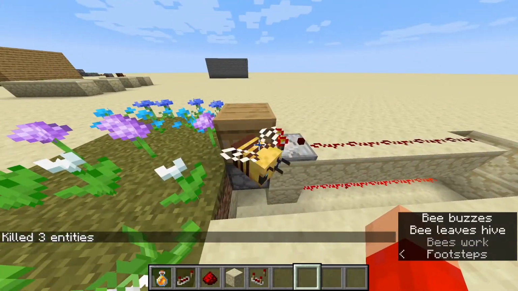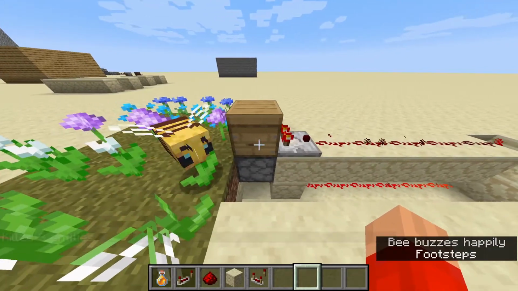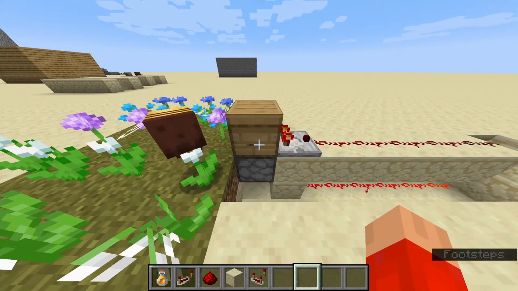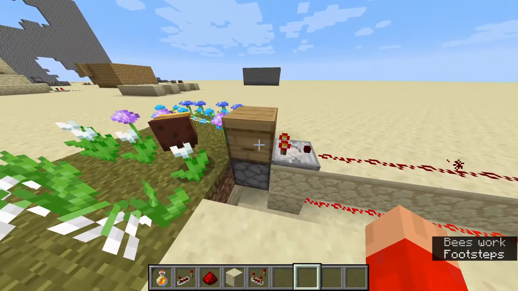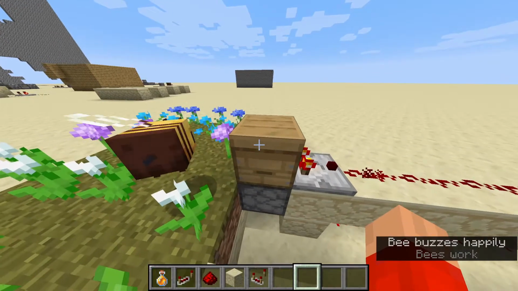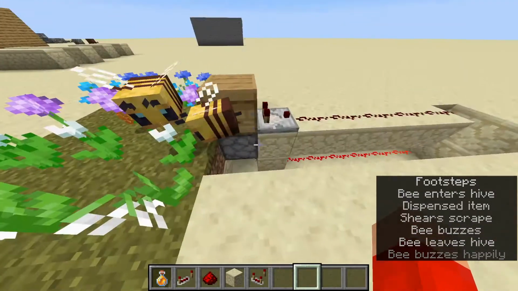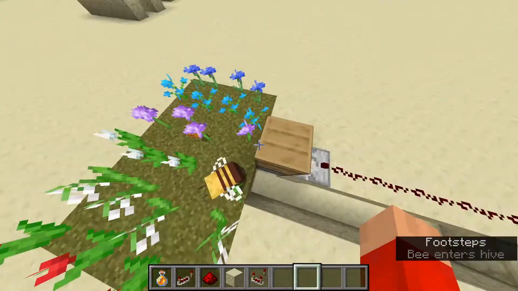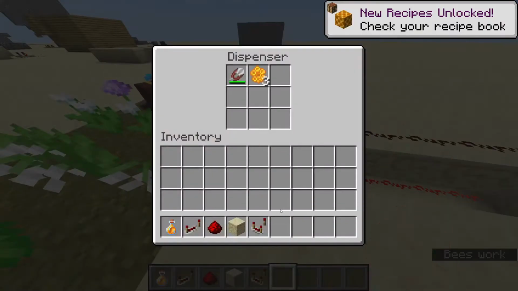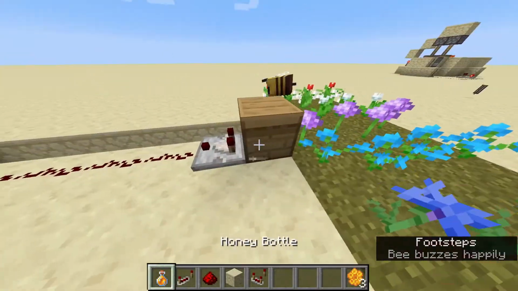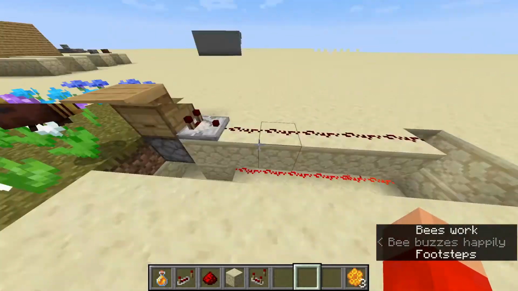Alright, let's see. Shouldn't be much longer. Oh, this must be it. Very close. Okay, just gotta wait a little longer, and let's hope that it will get to that last signal strength. Oh, there we go! And now it's... It didn't get put into the dispenser, so is that a bug or a feature? I guess you have to use a hopper collection system, but well, I've just shown you the basics for a beehive farm,